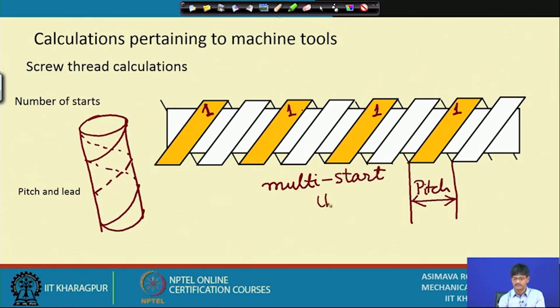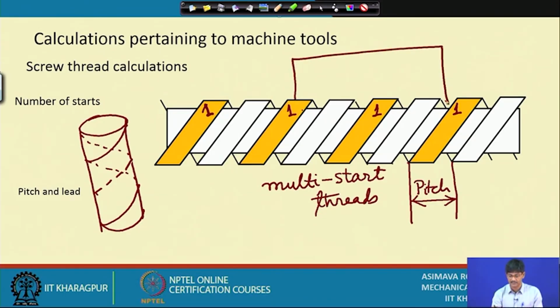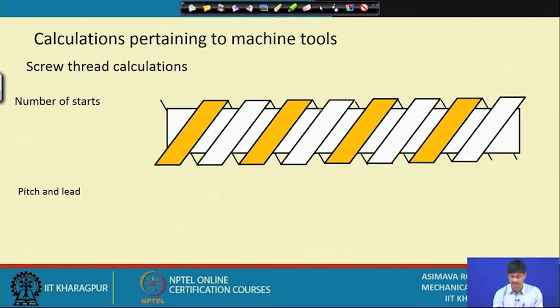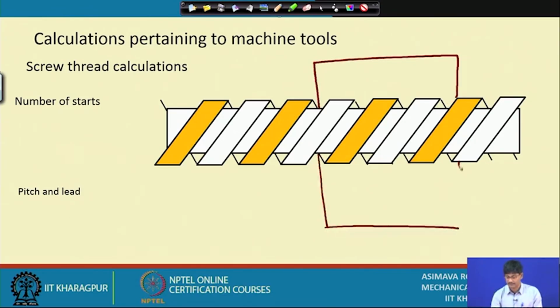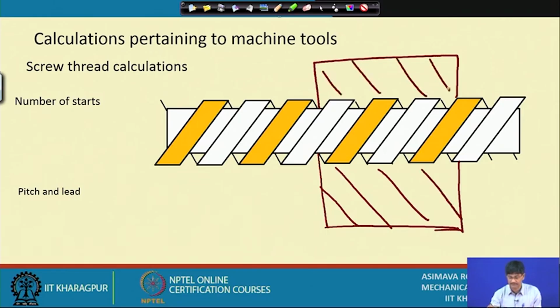Multi-start threads. What purpose do they serve? In that case, if you have a nut connected to it, a nut is a device which has fitting grooves on it into which these threaded elements can be fit. So, this is the nut. If you rotate the screw and if you hold the nut steady so that it cannot rotate, it will execute